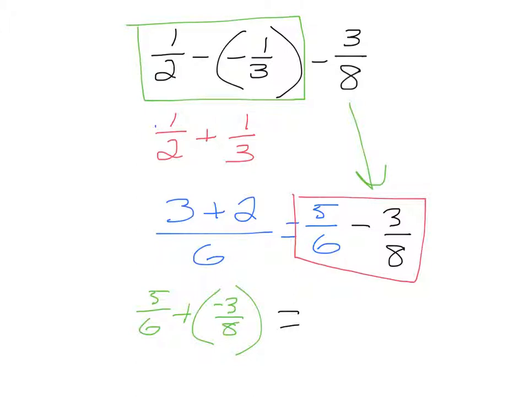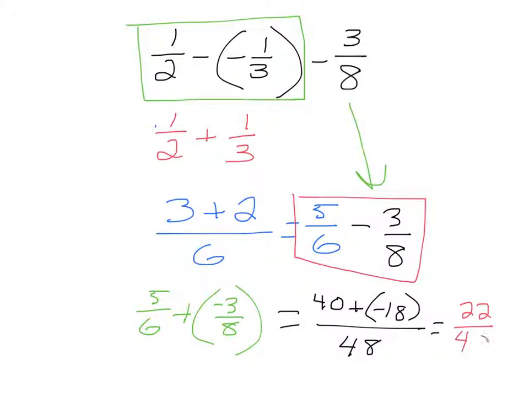So we're going to boom, boom, pow. This would be 5 and 8 is 40 plus negative 18 all over 48, equals 40 plus negative 18. That's the same as 40 minus 18, which would be 22